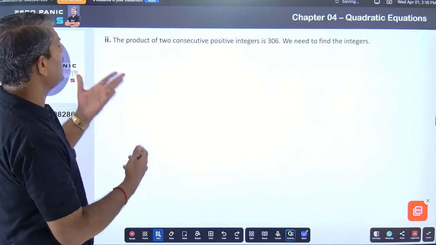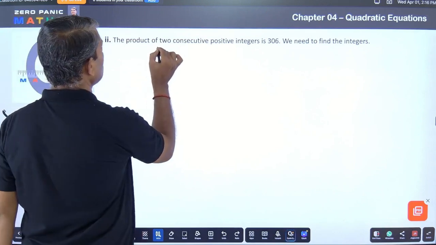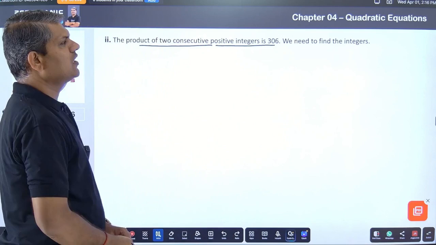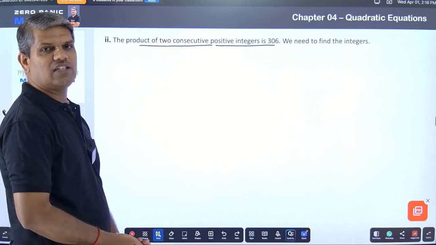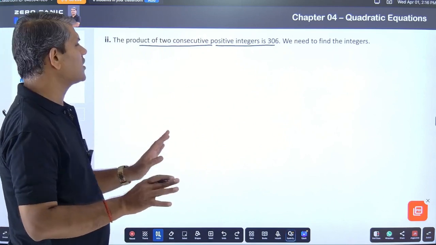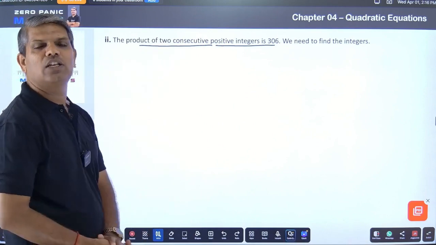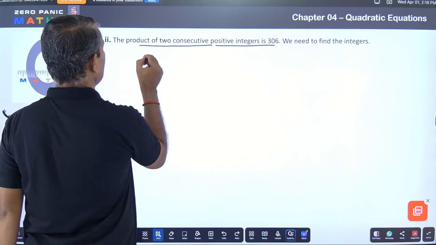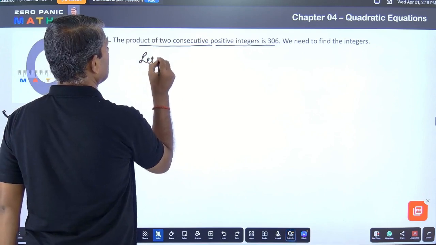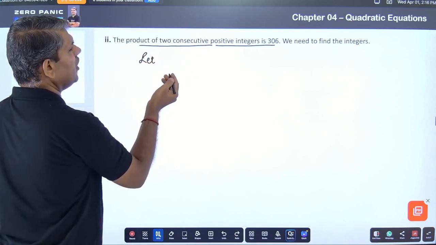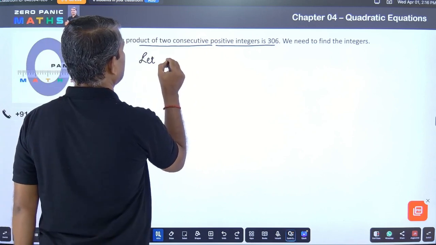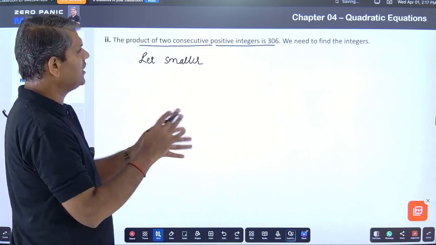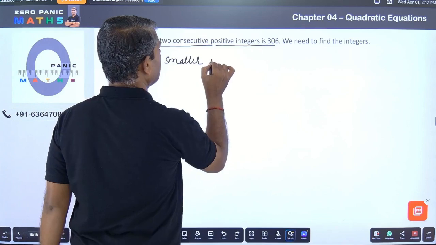Similarly, the next problem: the product of two consecutive positive integers is 306. We need to find the integers. Actually we are not finding the integers, we are just depicting that as a quadratic equation. Now simply say let the first integer, or you can say the smaller integer, because they are saying consecutive integers,